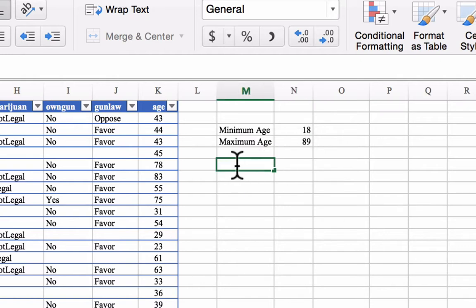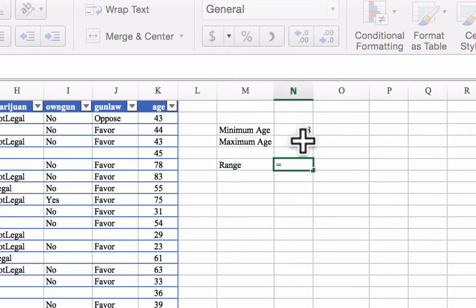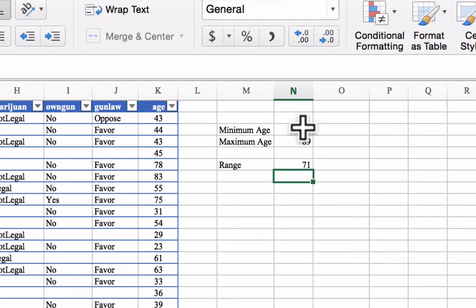So the range of our data will be equal to the maximum age subtract the minimum age. So that's how you determine the range of data. So basically, we don't want to have a huge graph where we go from 18 as our frequency, 19, 20, 21, and so forth. We want to break this up into classes. And so since we've got a range of 70,